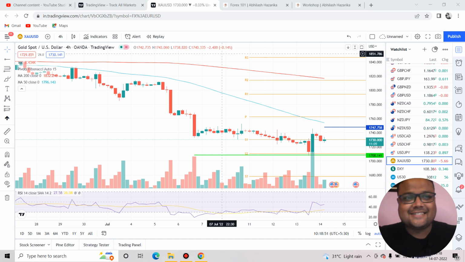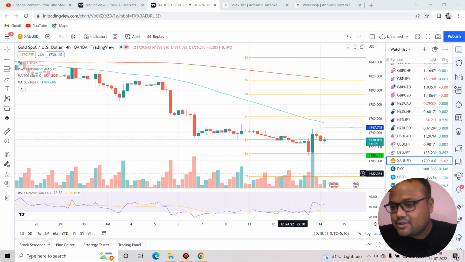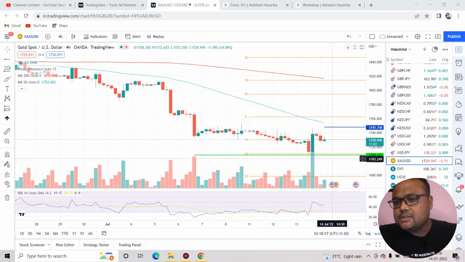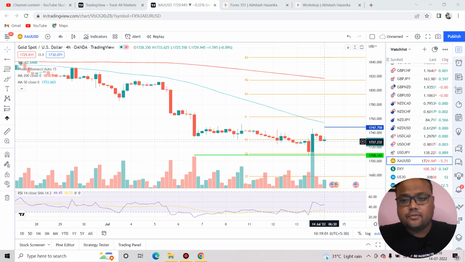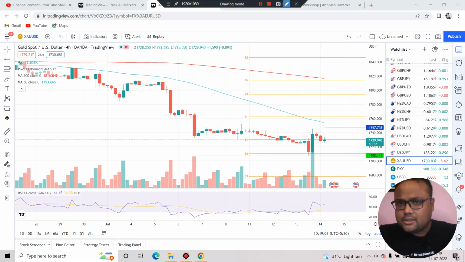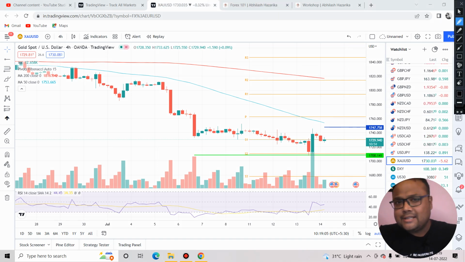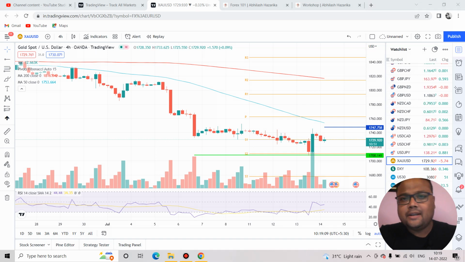So let's get started. This is the 4-hour chart of gold USD in front of us, and as you can see, the market is right now trading at 1729. This is the current market price of gold here, and you can also see I have got two lines on the chart. So let's try to understand what are the trading possibilities and opportunities for us on the chart of